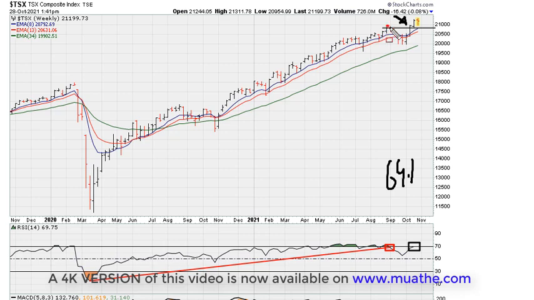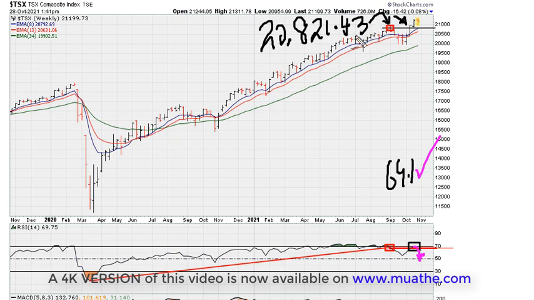There's a pullback there. So we take that break point, draw our uniformity line, and this could end up being resistance if in the new week or weeks the market shows uniform activity rejection back below this number and back below this red line. So this could actually be a trap, but to keep it simple, we can use the breakout level of 20,821.43 as the line in the sand.